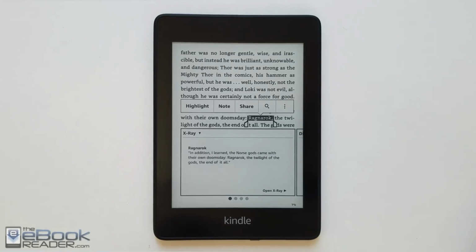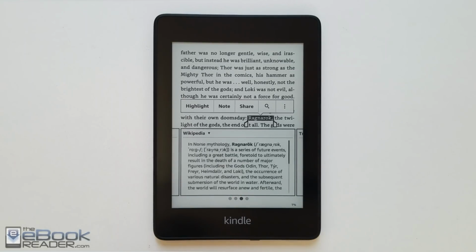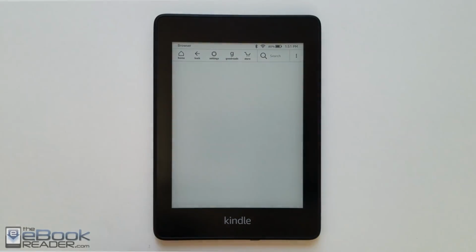So you've got the usual dictionary. You look up words in the dictionary. What's kind of cool is that if it's an X-ray related term, it'll show the X-ray box here as well. Another thing that Kindles have is that Wikipedia box, where it'll give you an entry from Wikipedia. Then if you scroll down to the bottom, it'll have the link to open up the Wikipedia entry using the